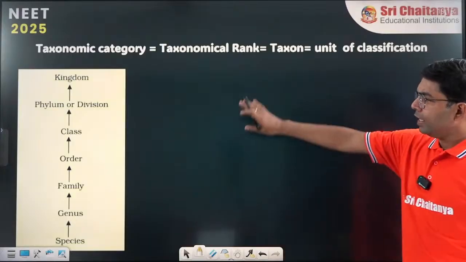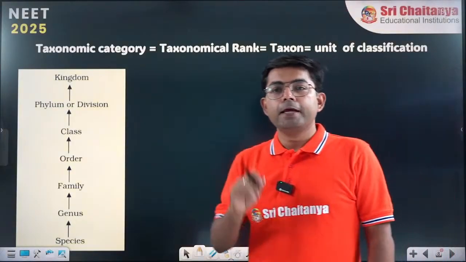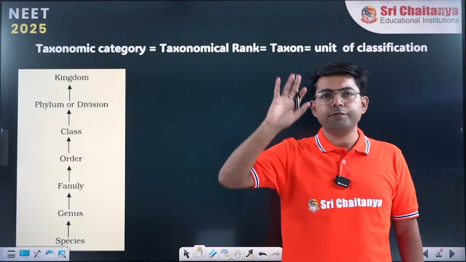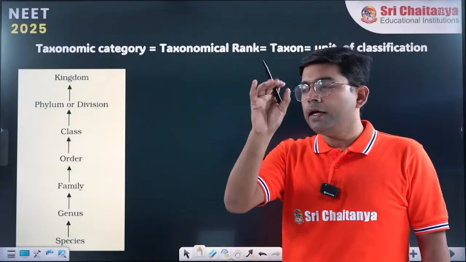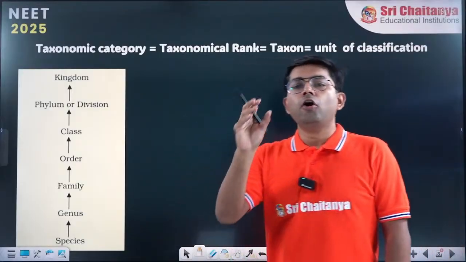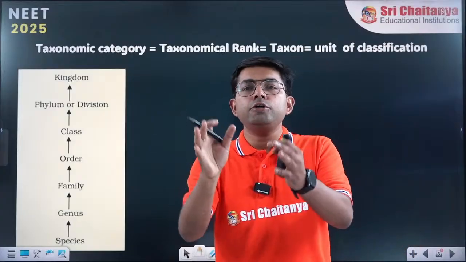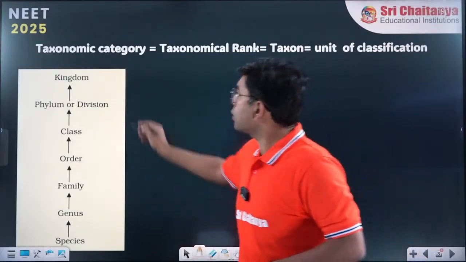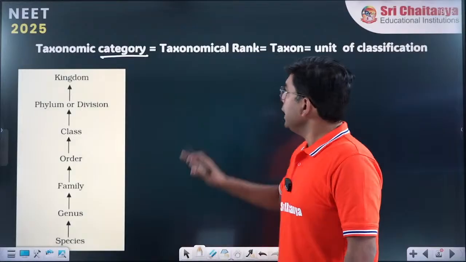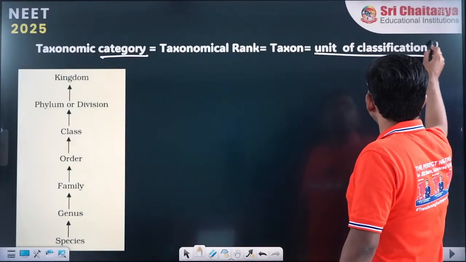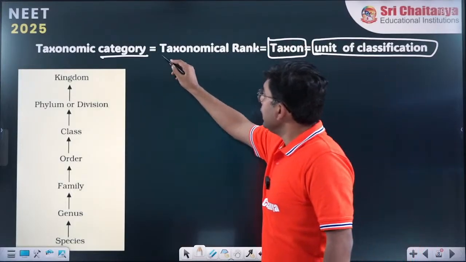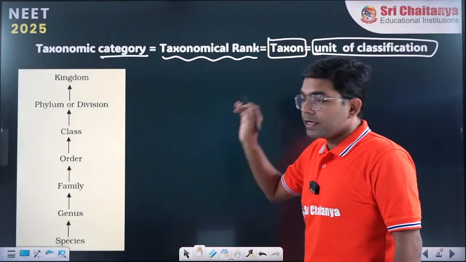Further, this is where we ended the last class, in which we talked about the taxonomical category. From here onward, we are starting a fresh part, so all of you be attentive. In the last class, I said that living organisms are characterized into small groups, and these groups are called taxonomic categories. A taxonomic category is the unit of classification, and it is also called a taxon, or it also represents a particular taxonomic rank.